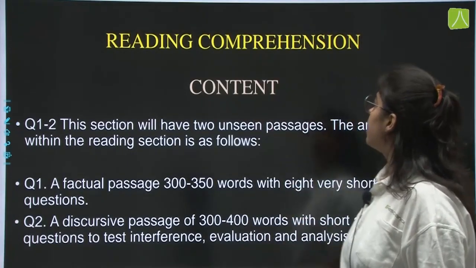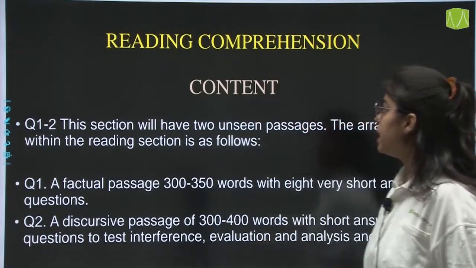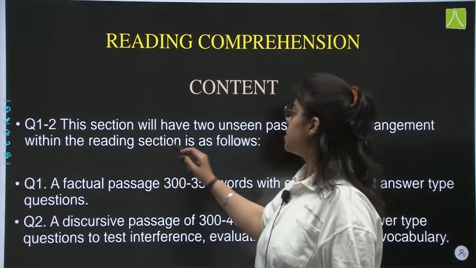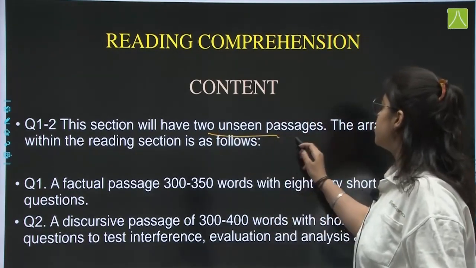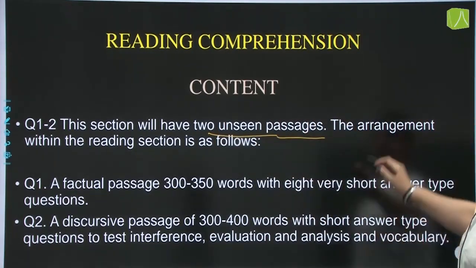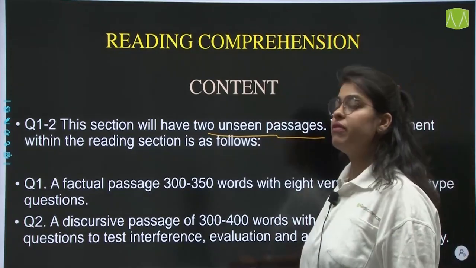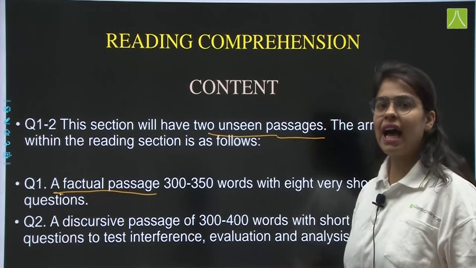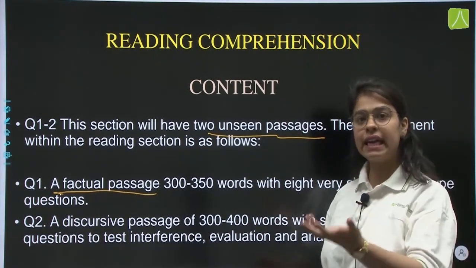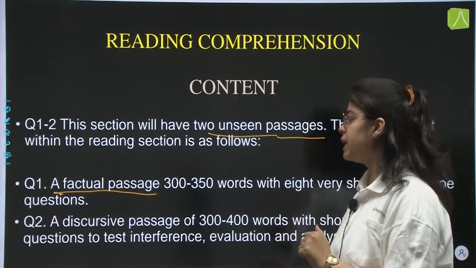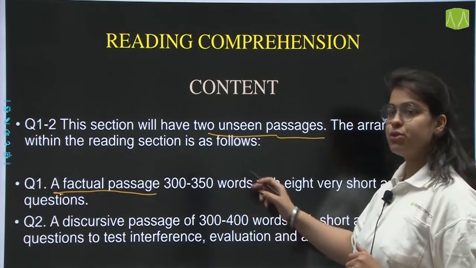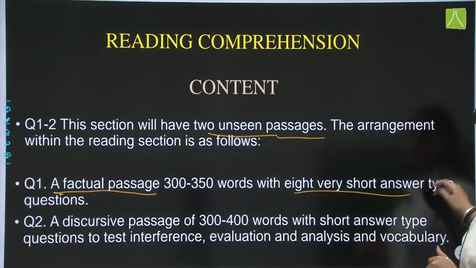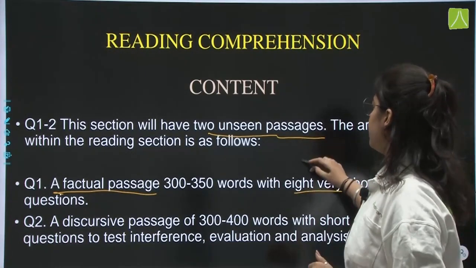First, let us see the reading comprehension. What will be the content provided to you? This section will have two unseen passages. The first one will be the factual passage, which will have some graphs or factual data, true data, of around 300 to 350 words, and it will have 8 very short questions with it. It can be 5,